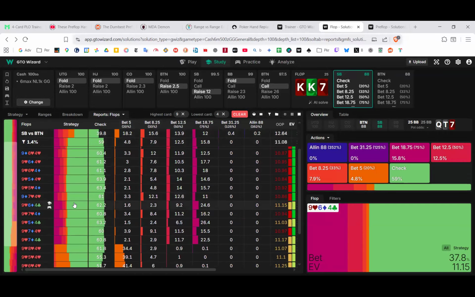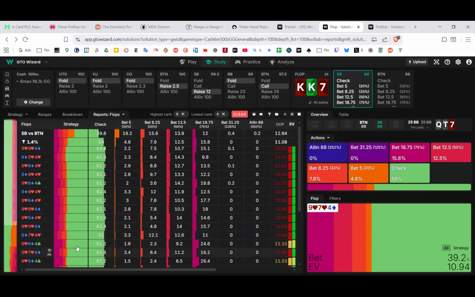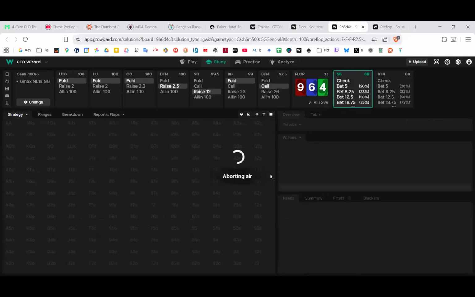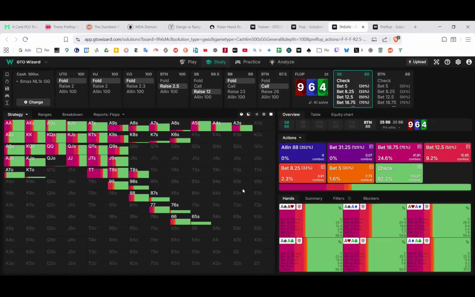So we can look at one of these boards. 964. I would say yeah, this applies even more in live just because when they open the button the widest and they continue the widest from the button. So they're just gonna have so much more garbage than solver. Yeah, Will, I think you're right. So if that's the case, if we node lock them to have a much wider defending range than